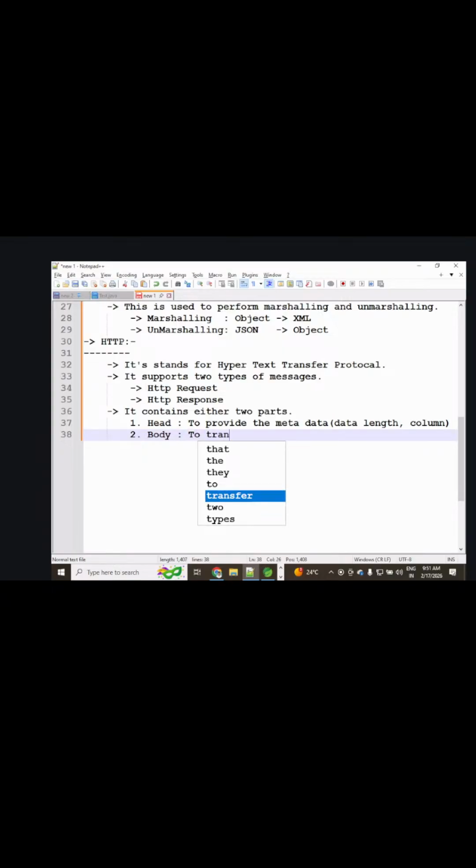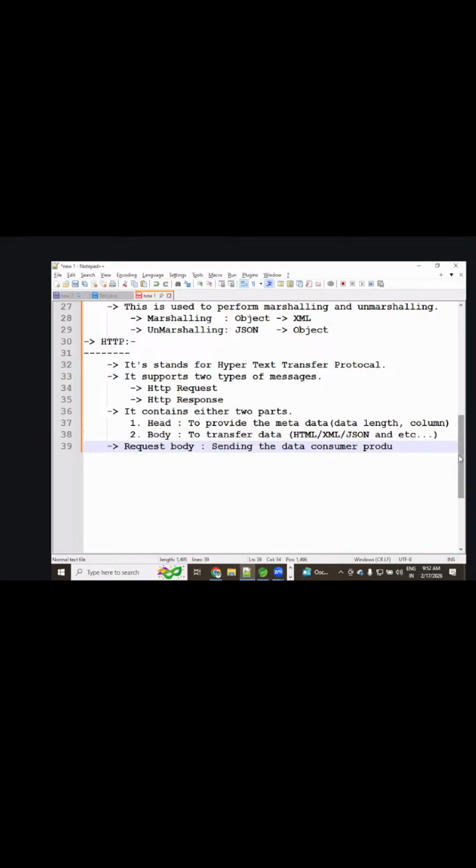What is the body? To transfer data, either in HTML format, or XML format, or JSON format, etc. This is called the body, because consumer to producer.